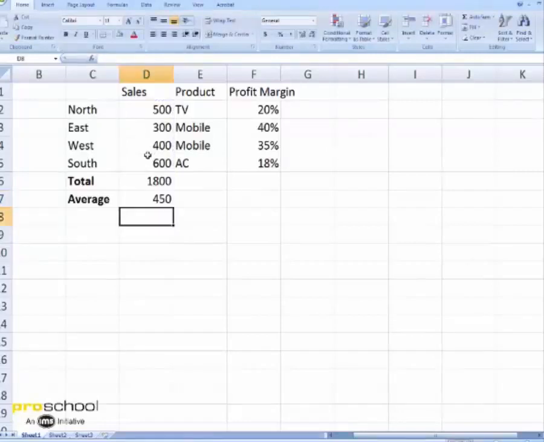I get the average sales in each region, 450, which you can easily verify. 4 regions, total was 1800. So 1800 by 4 is 450. So this was a simple sum and average function.